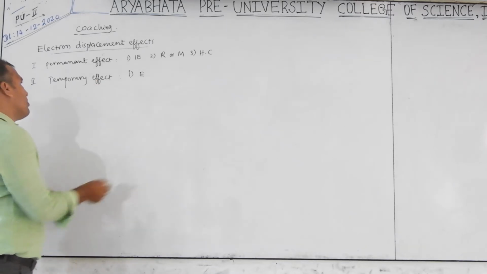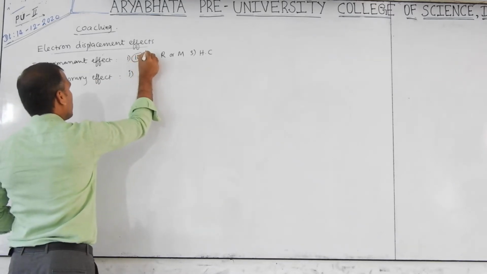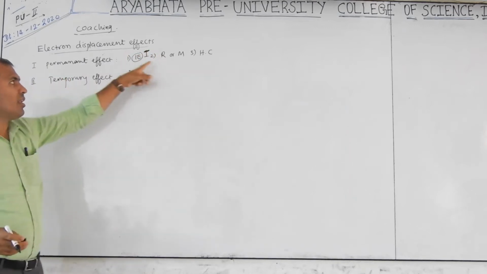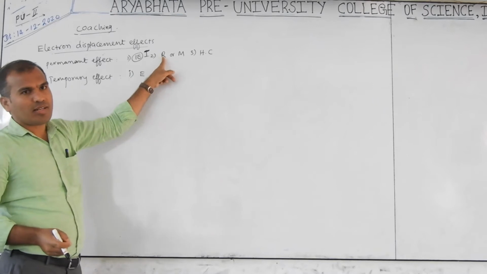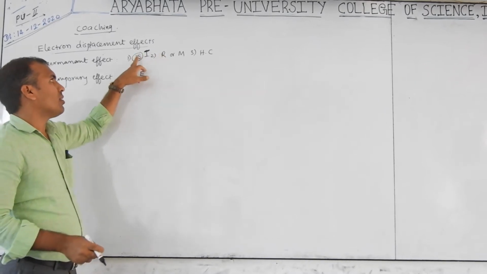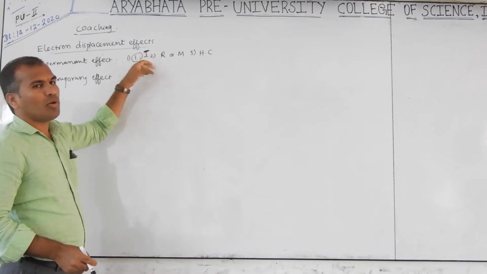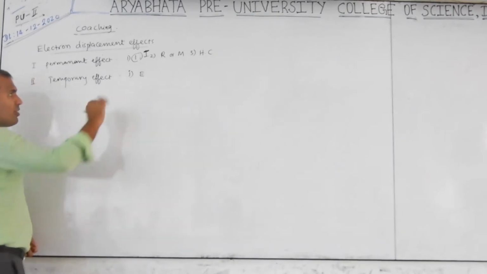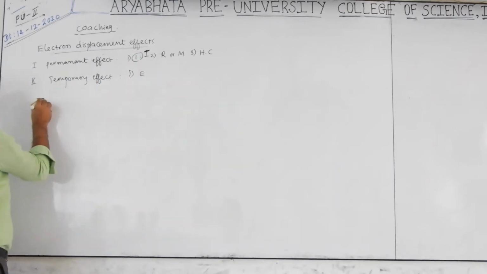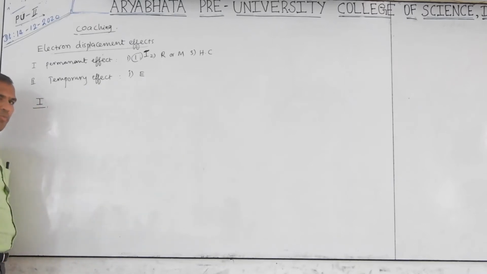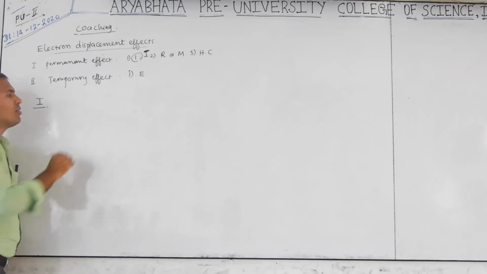Okay. Sometimes this is denoted by I effect also. Instead of writing E, like here R only I wrote. RE means resonance effect, I wrote only R. Same thing here, if you remove E, then it is I only. It is inductive effect. It depends upon how you are dividing it. So first I am discussing the inductive effect. Inductive effect depends on the electronegative atom present in a molecule.